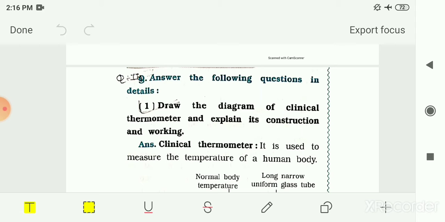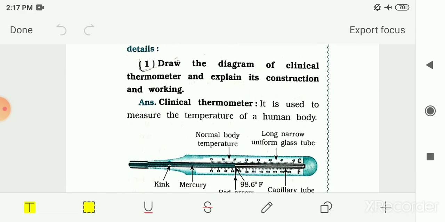Then after we had seen the textbook solution for this chapter, and in the extra exercise we had seen MCQs, fill in the blanks, then answer in one word, true false, answer in one sentence, that you had already written in your notebook. Then we had seen select the odd one out, short question answer that were not given in your homework. Then we had seen scientific reasons, differences, classification and matching, that you also already written in your notebook. Now the next exercise is question number 12, that is answer the following questions in detail.